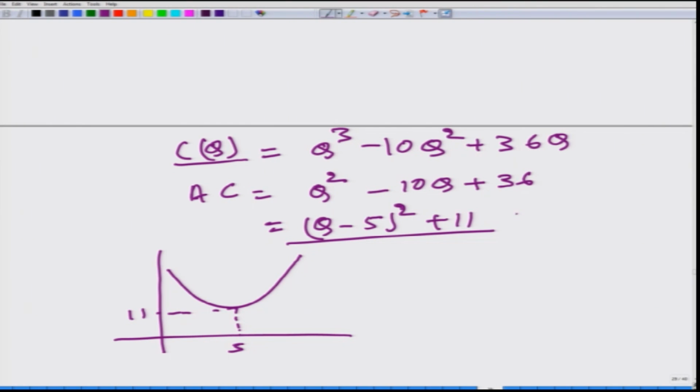Okay. What is going to be the marginal cost? Marginal cost is going to be, just for the sake of obtaining it, 3 Q square minus 20 Q plus 36. Okay. What is the key thing? That if price is higher than this in the market, then many entrepreneurs would like to enter because they have a profit incentive. So, the only price at which we will have equilibrium in this scenario is P is equal to 11,